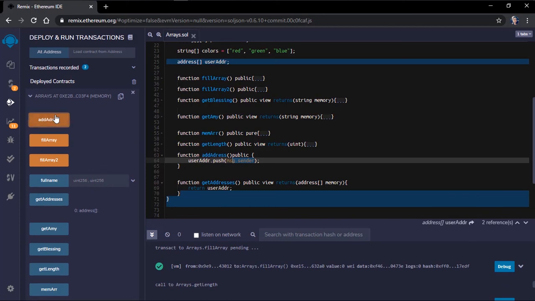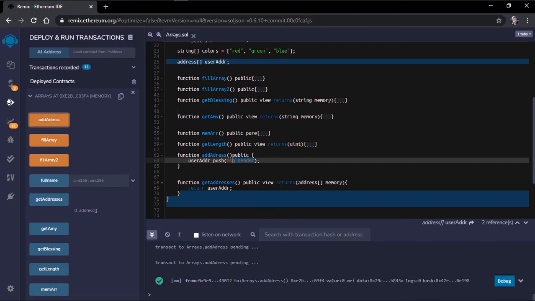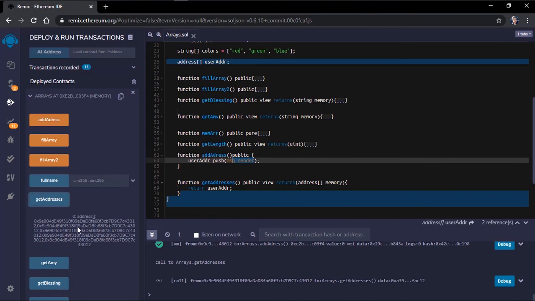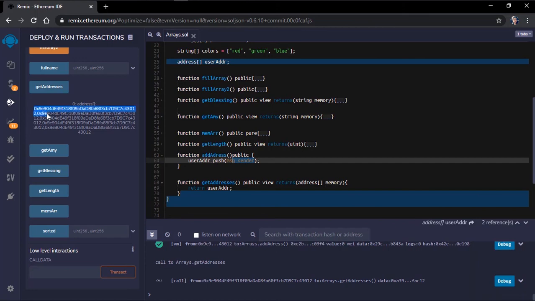Okay, this is add address. Let's just add as much as we can. As you can see, it's down here, it's adding. Okay, let's try getting the value. It returns an array of type address, and the values are separated by comma. If you can see, there's a comma here, there's a comma right here, and there's a comma,